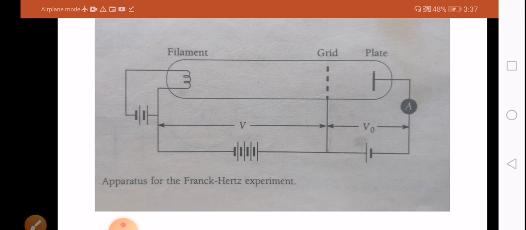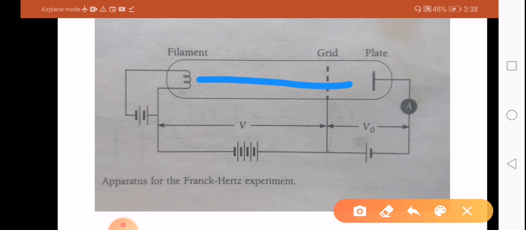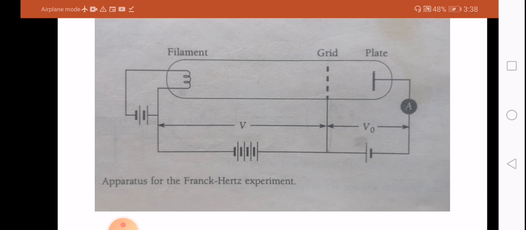Now, when an electron collides with one of the atoms in the vapor, within this tube there are vapors of different elements. So this cavity or tube is filled with the vapor of a certain element. The electrons moving from the filament region to the plate will collide with the atoms of the vapor. And if the collision is such that the kinetic energy is conserved,